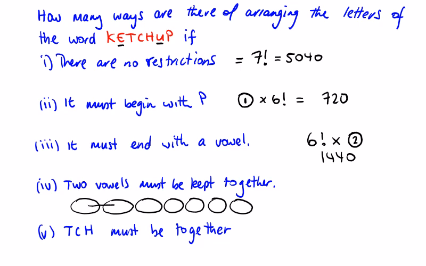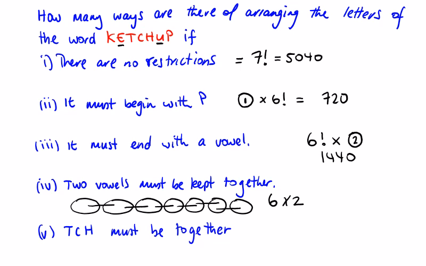Well, they could be in box 1 and 2, box 2 and 3, box 3 and 4, box 4 and 5, 5 and 6, 6 and 7. So how many lines? We've 1, 2, 3, 4, 5, 6 lines. So there's 6 positions that they can be in. Within those 6 positions, the vowels can be in any order, and there's 2 possibilities, EU or UE,